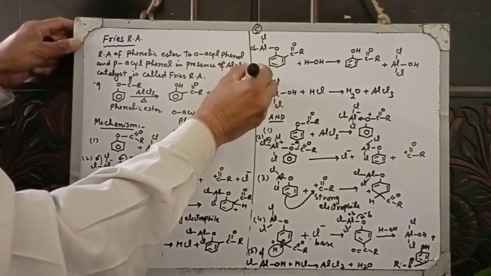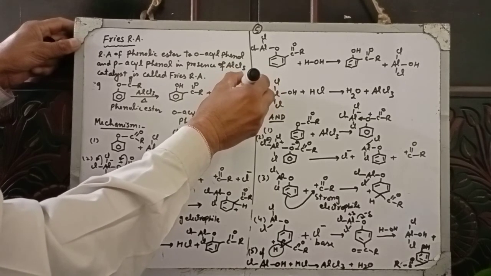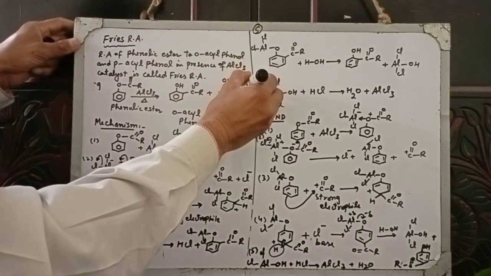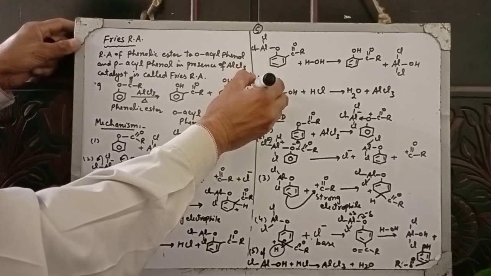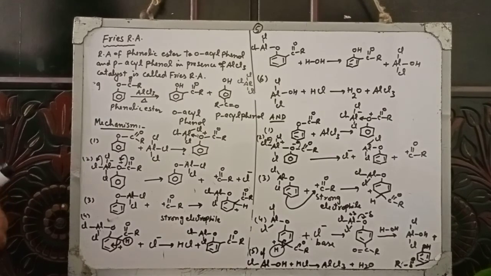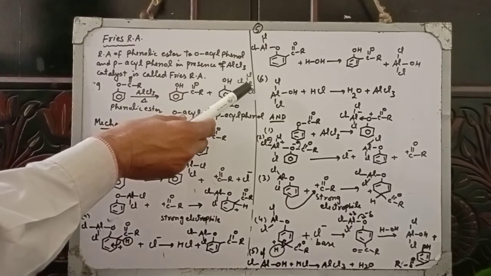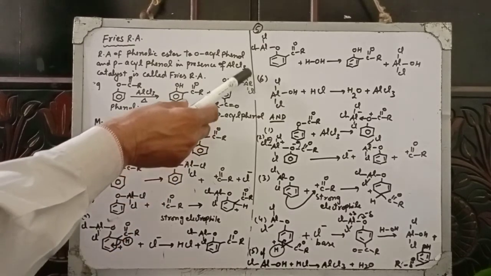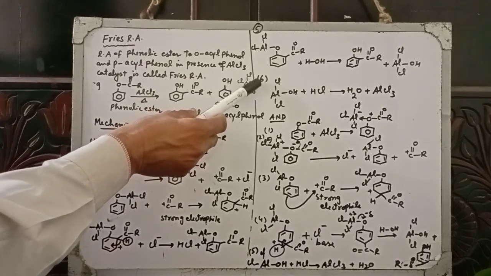AlCl3 is bonded with 3 Cl. Its octet is incomplete. In the outermost shell of aluminium there are 6 electrons instead of 8. Elements have a tendency to attain 8 electrons in their outermost shell to become stable. This is called the octet rule. It is electron deficient. It has 3 bonds. It has a tendency to accept an electron pair.